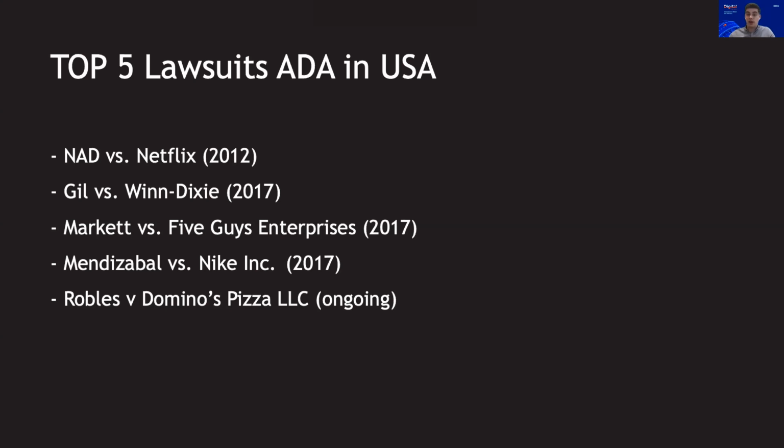Jill filed suit against the Winn-Dixie grocery chain and claimed their website was not accessible to visually impaired users. The judge ruled in favor of Jill, explaining that Winn-Dixie had violated the ADA because the inaccessibility of its website has denied Jill the full and equal enjoyment of the goods, services, facilities, privileges, advantages, or accommodations that Winn-Dixie offers